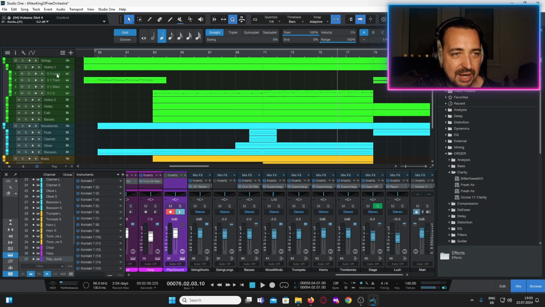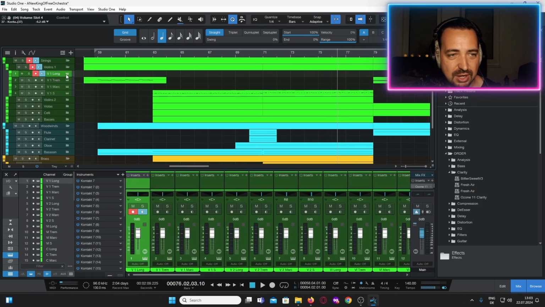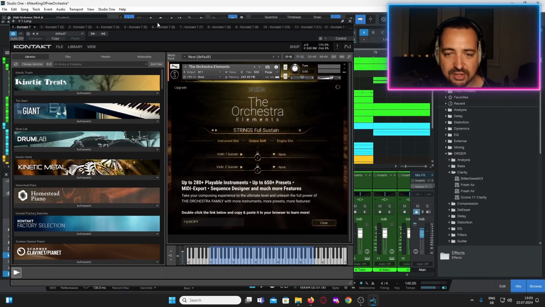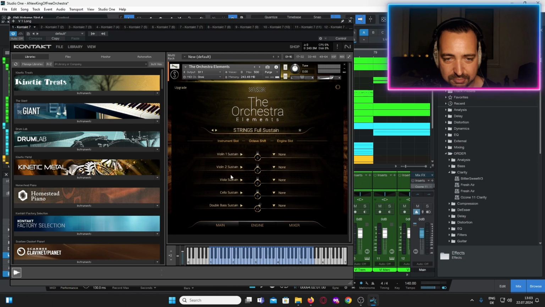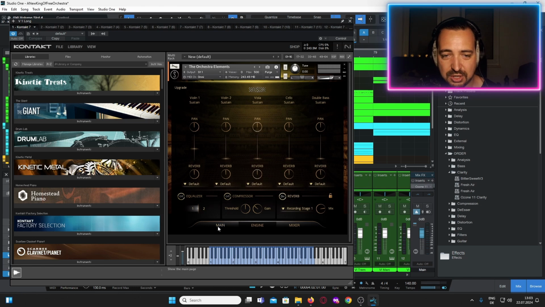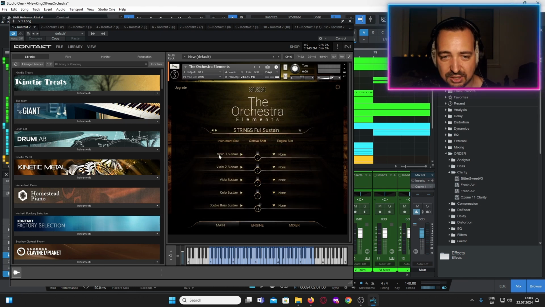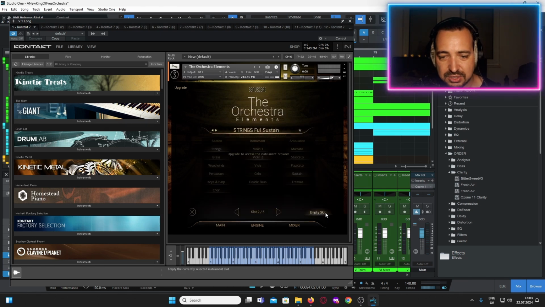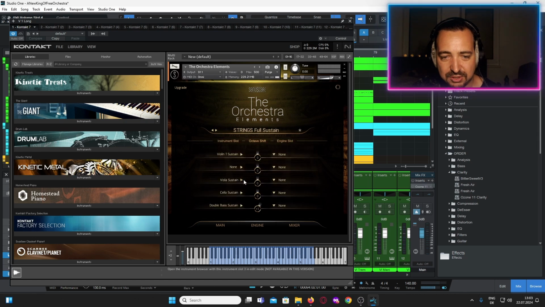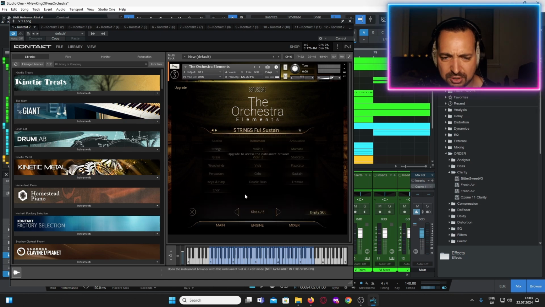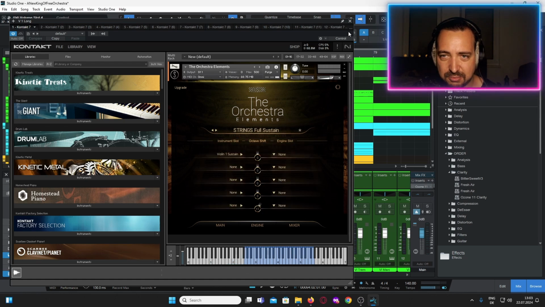Look, I set up Violins 1 and I extracted the long, the tremolo, the marcato, and the staccato articulations every single time from this preset, which is the full sustain or the full marcato preset, etc. I just went to the mixer and turned everything down with the exception of the violins. I could just as easily also empty the slot of the other ones. This is probably better because it's not going to have the samples loaded in there. So probably this is the better setup.